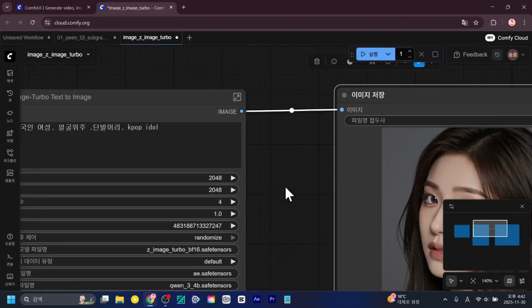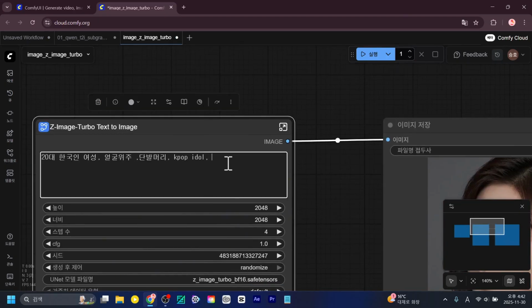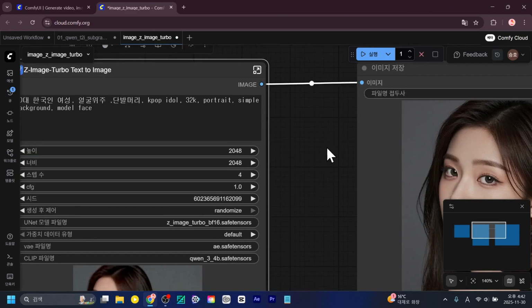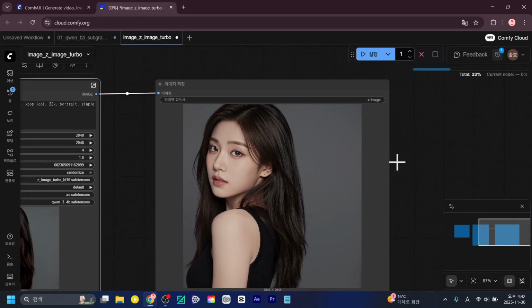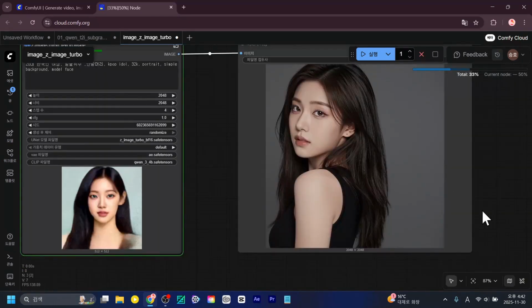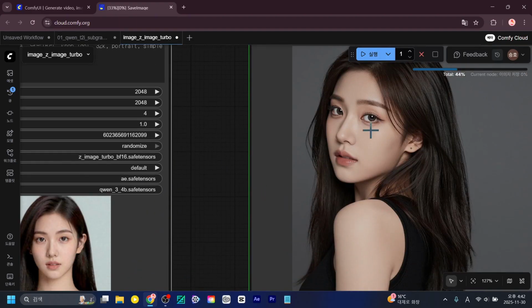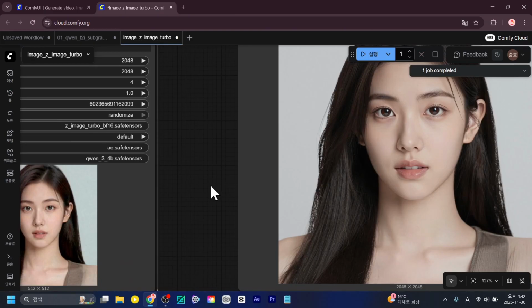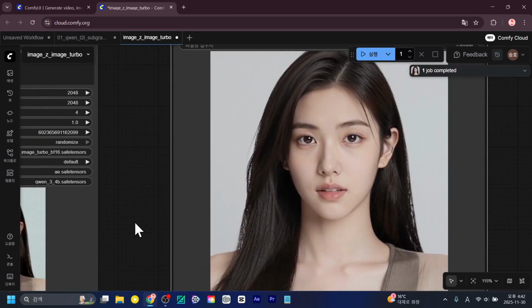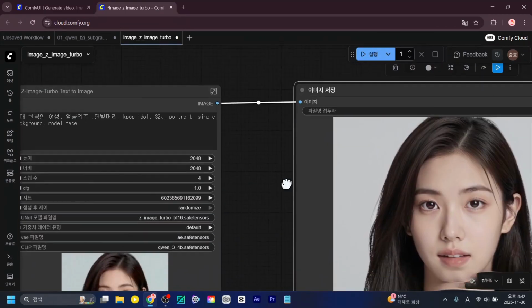The image that came out based on a K-pop idol is really excellent. It's rendered with a realistic feel, so I'll try writing the prompt in a bit more detail. I'll try mixing English and Korean prompts. Let's take a look at how the image is generated. It's excellent. It seems to give off a portrait or ID photo vibe, and the face doesn't really change. Judging by the lack of big changes, I think this model has its own unique characteristics.